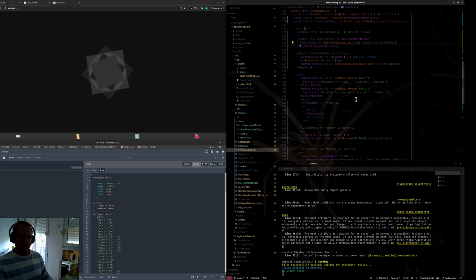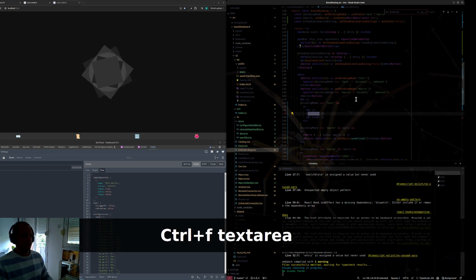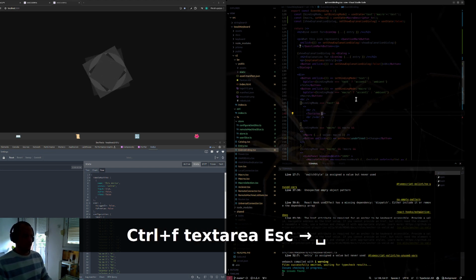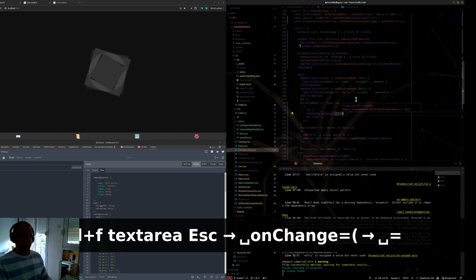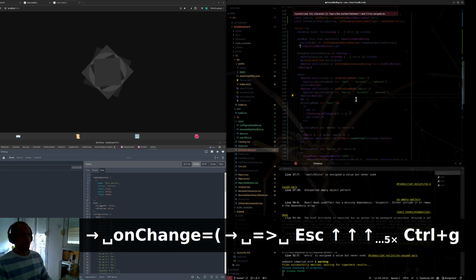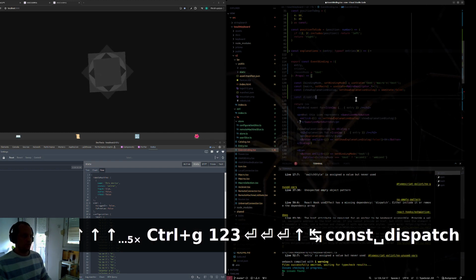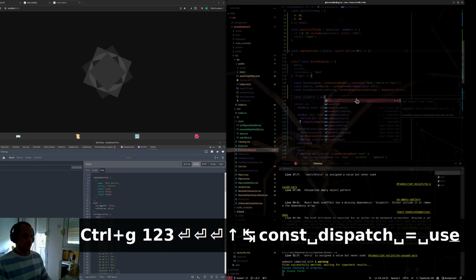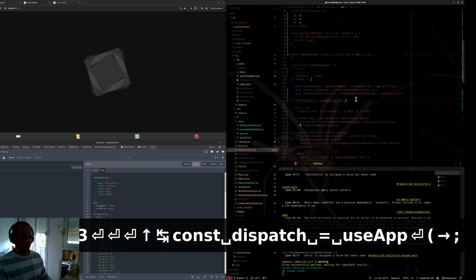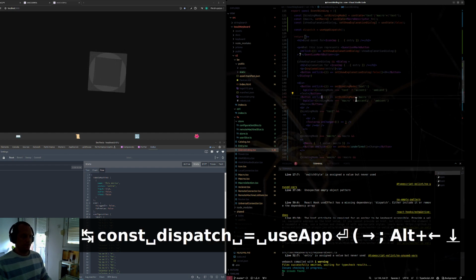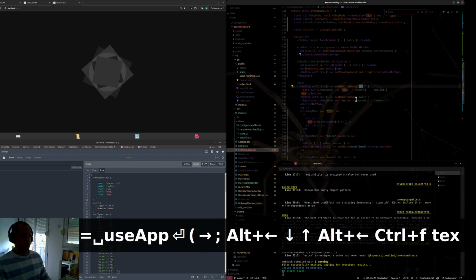We have text area, and when this text area on change, then dispatch, we need dispatch, and then we need to go back and say one more back, text